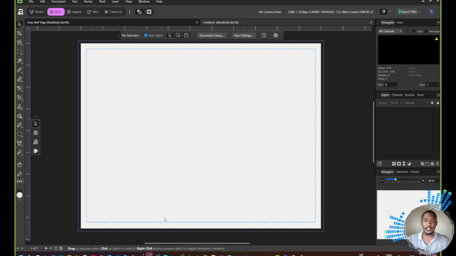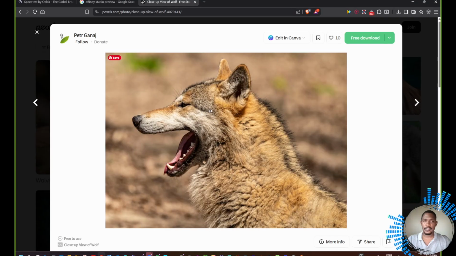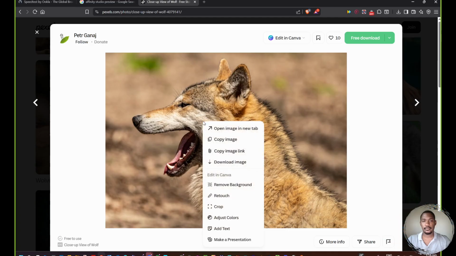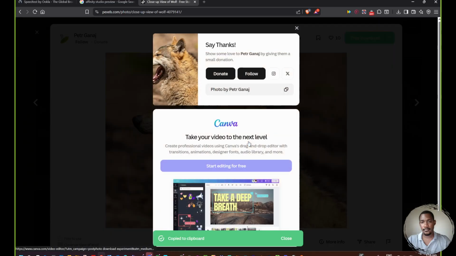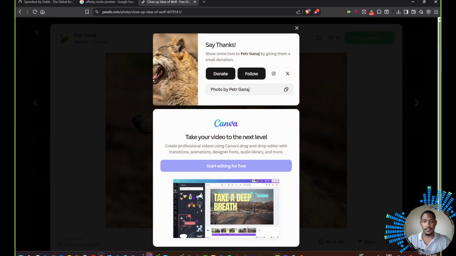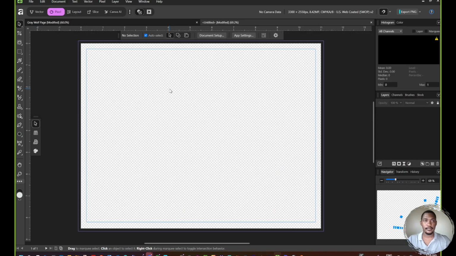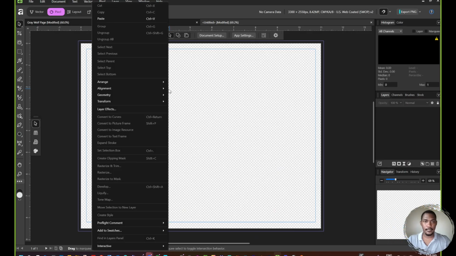So first things first is to get the subject that you'll be talking about, just as a quick way of laying out things. I went on Pexels and I got this wolf. You can either download it or you can right click, copy image, then go back to Affinity and right click, paste,